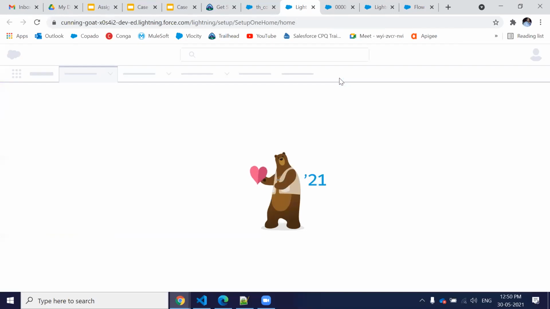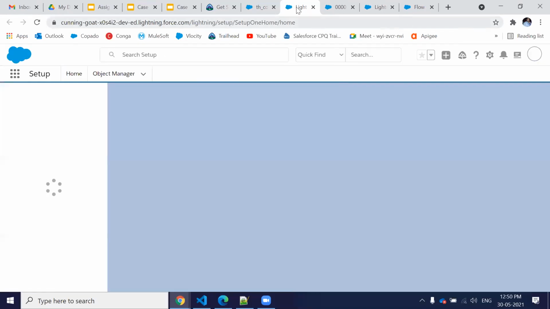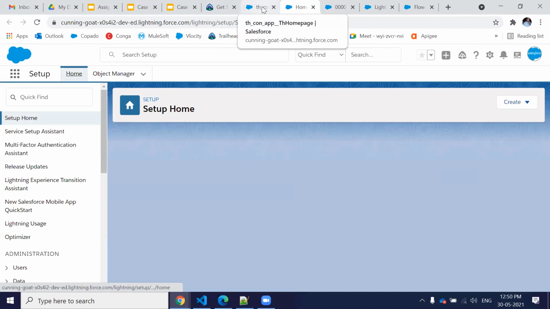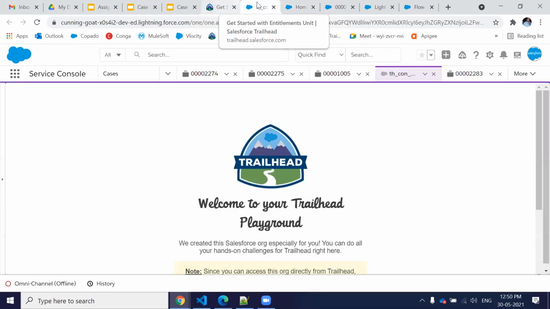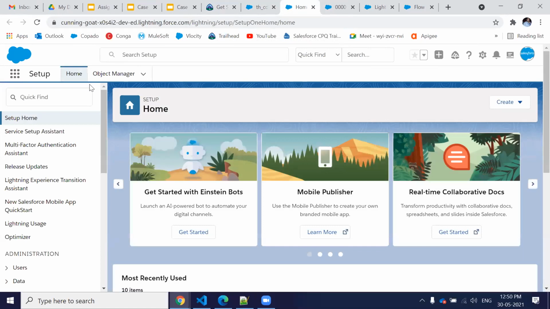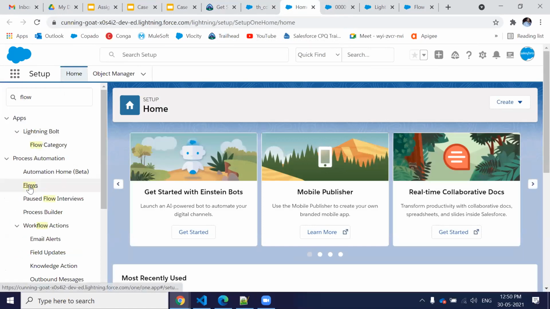In this, my flow is working correctly. Same flow I have created, but in this org since yesterday, I did not run those things. I just set up, because I know those things are going to work. If it is working in my previous org, then in this org they should definitely work, but it's not working. So maybe an org issue.